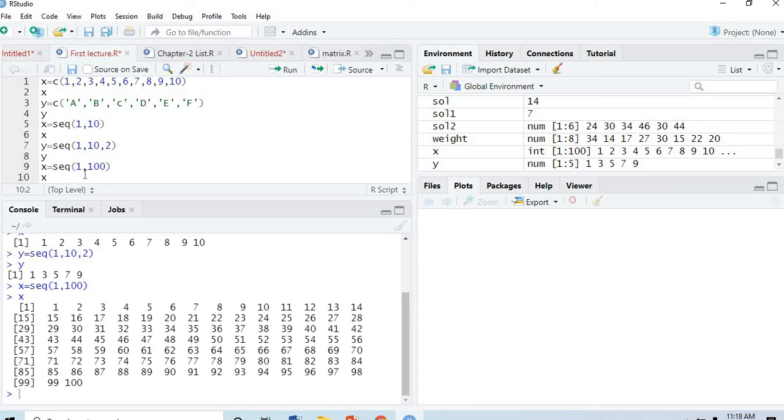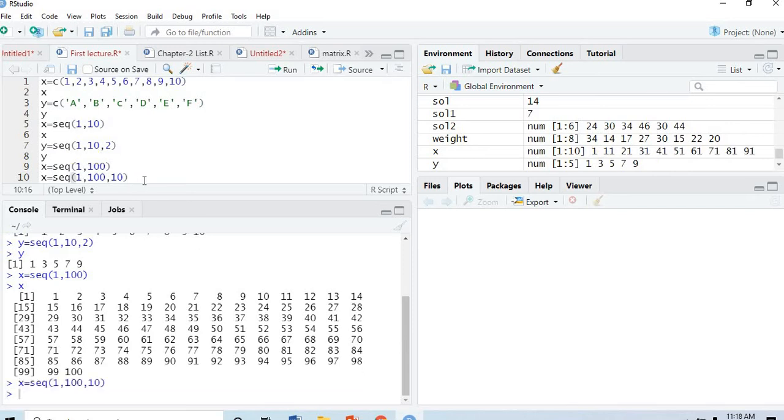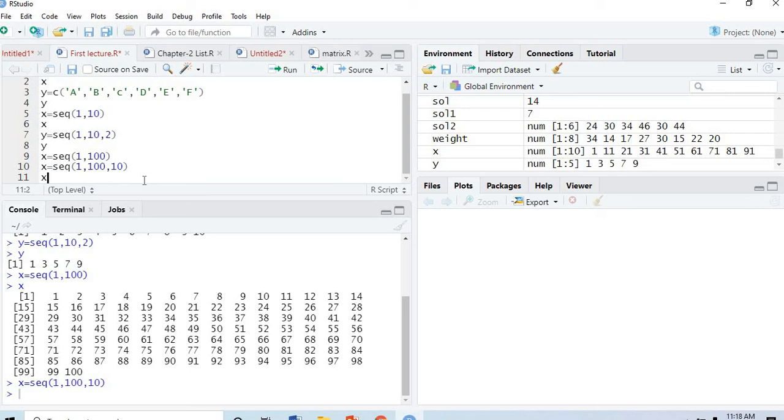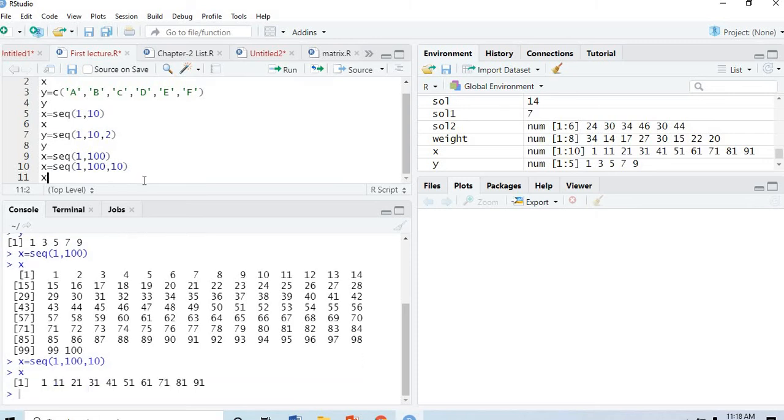Now if I use sequence from 1 to 100 with an interval of 10, I type 1, 100, 10 and press Alt plus Enter. You can see elements are created with an interval of 10 from 1 to 100. This is a very quick method for creating vectors using the seq command.